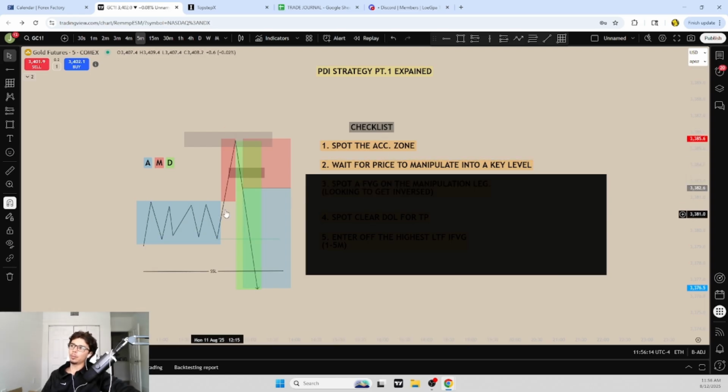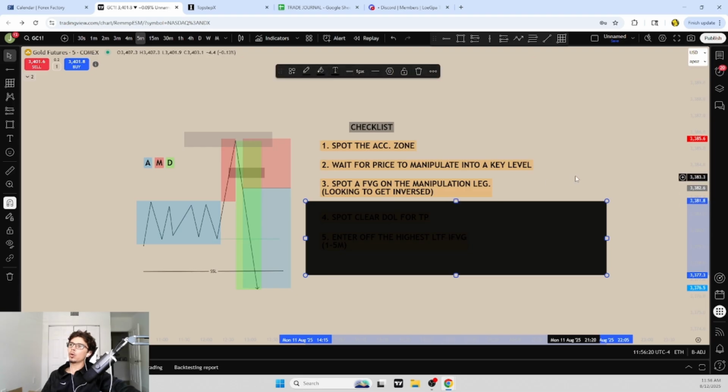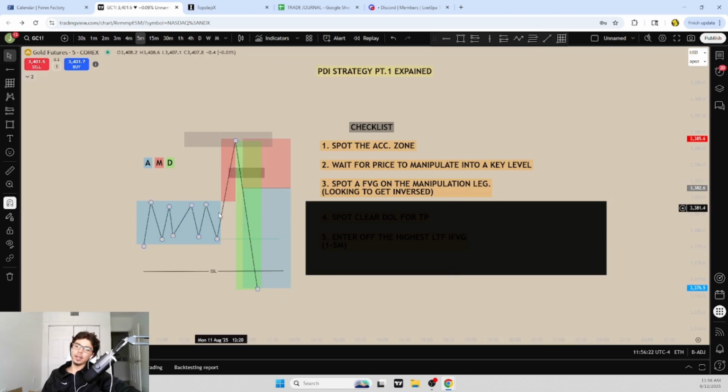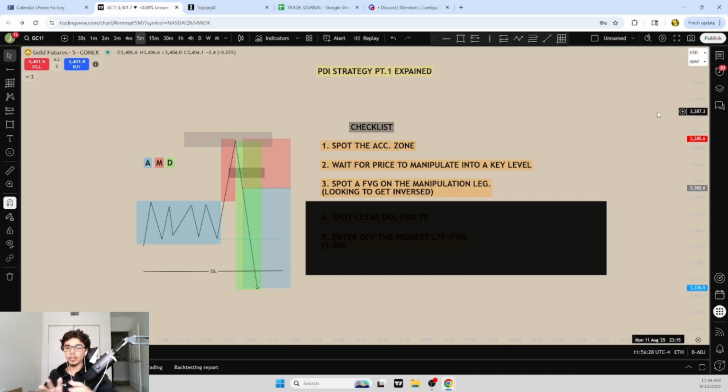What do we have? We have an accumulation zone and price manipulated into a high time frame bearish fair value gap. From there, what are we looking for on this leg up? Well, on this manipulation move up, if we're looking to take shorts, then we're looking for bearish fair value gaps on the 1 through 5 minute to get inverted and then enter off that. And if we're looking for bullish, if price is going the other way, if price manipulates,